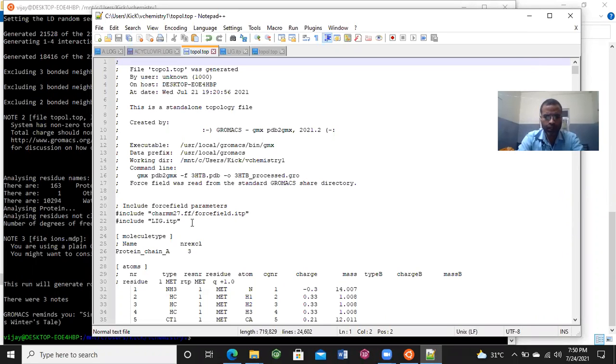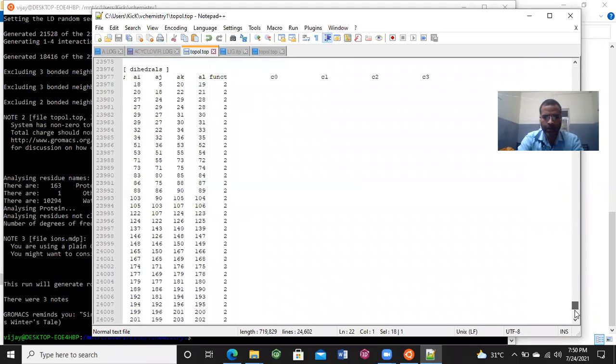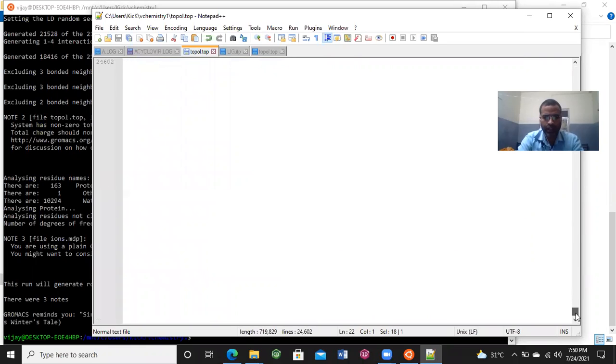Well, basically the problem is from the placement of this ITP file location. Initially I placed this ITP before the water topology, as per the directions of the website, but I think there is an error in their method.